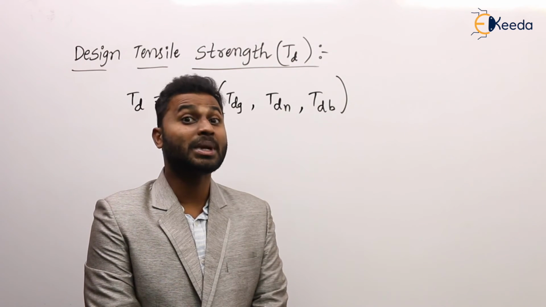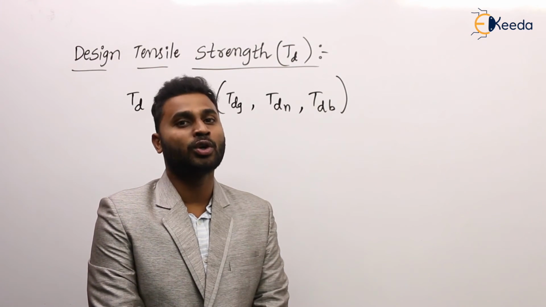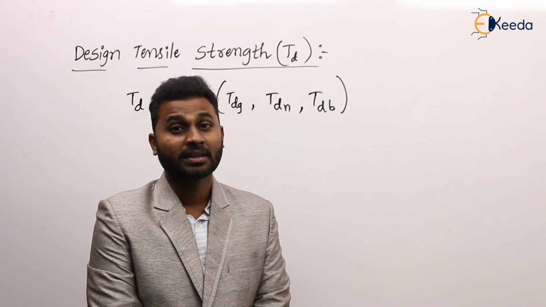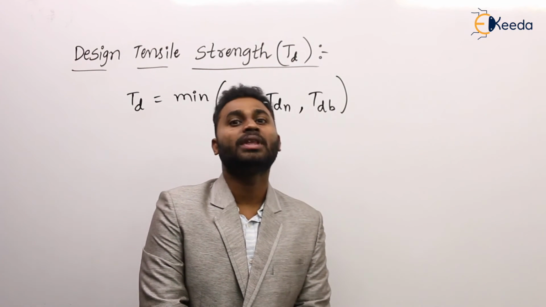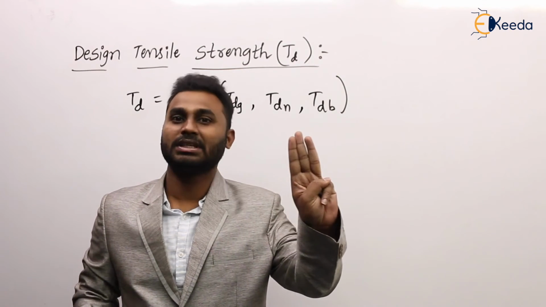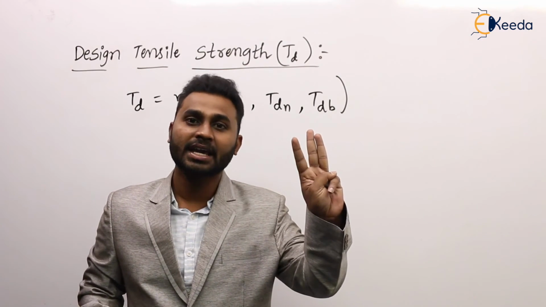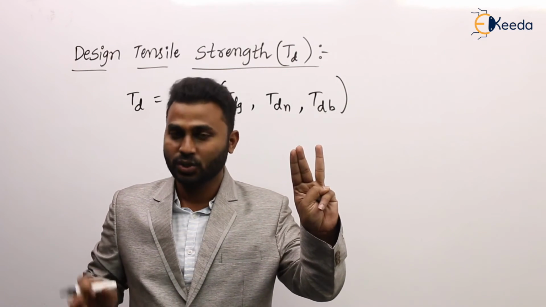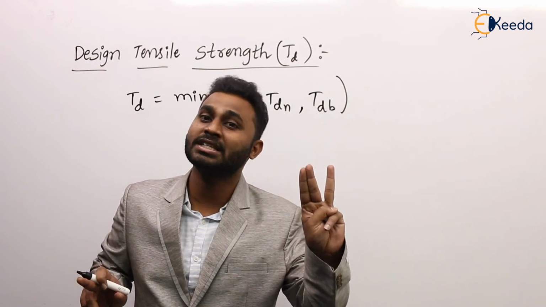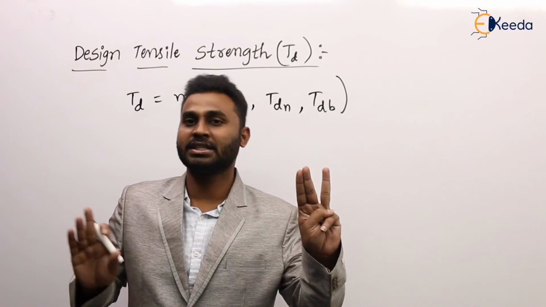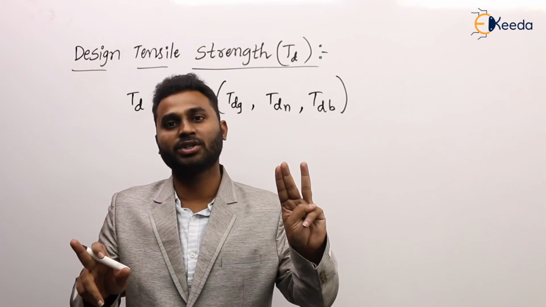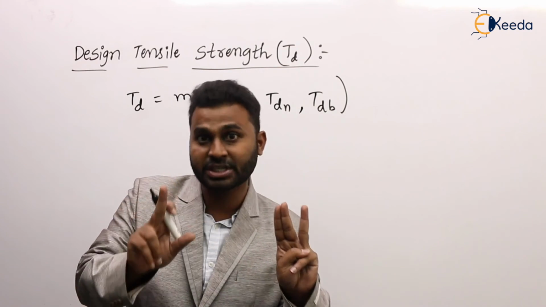So first of all, tell me the codes we are going to use in the design of steel structures. How many code books are there? There exist 3 code books. Yes or no? So what are those? IS 875, 1987 and then IS 800. In this discussion we are going to discuss only IS 800 2007. But there exists IS 800 1984 also, but no need of it. IS 800 2007, the reason being we are going to discuss only the limit state method here.